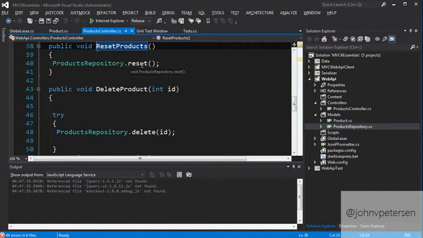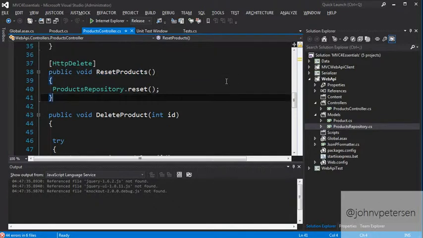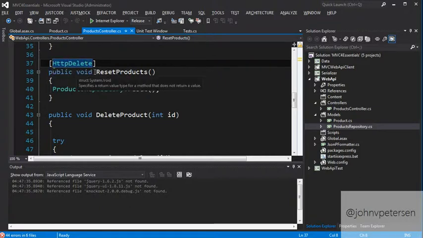And I have to do that from some outside thing. Well, since it's not named with the configuration of delete, since I already have a delete products, just as an example, I just showed you that you can override the convention and configure it, and you can ultimately name these things whatever you would like.